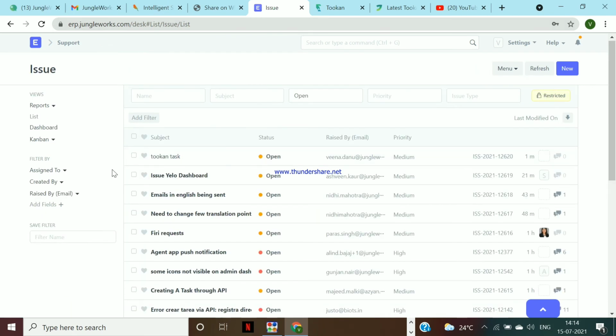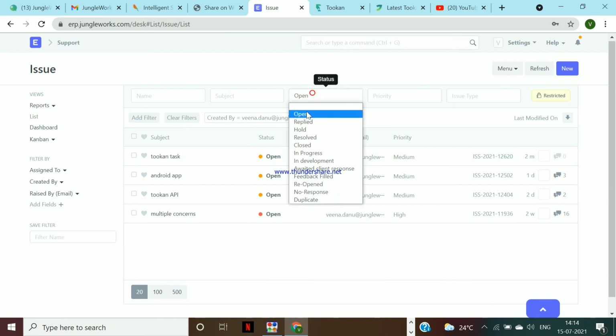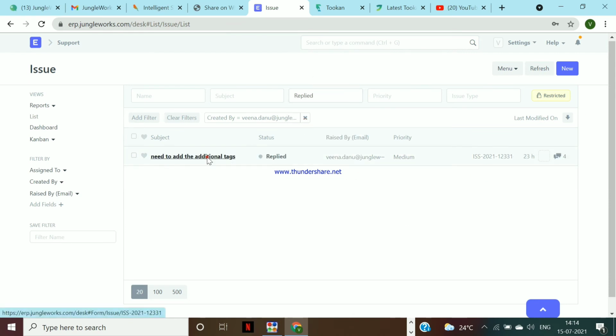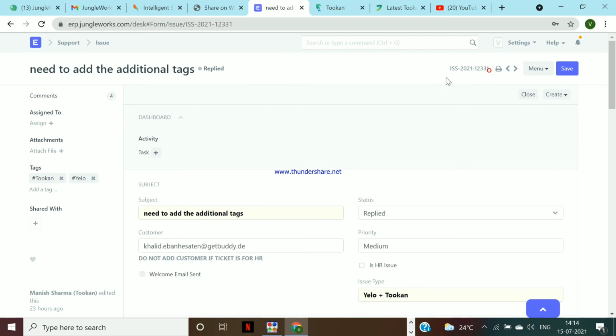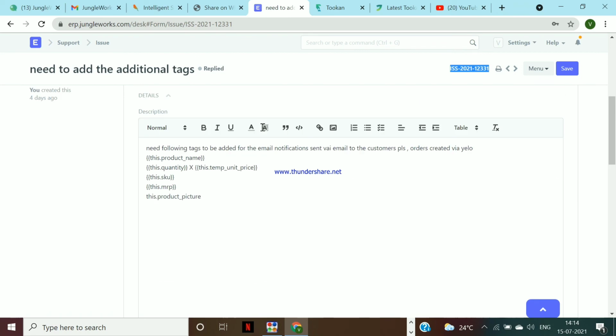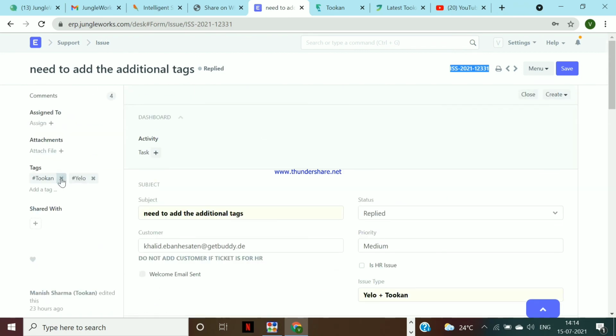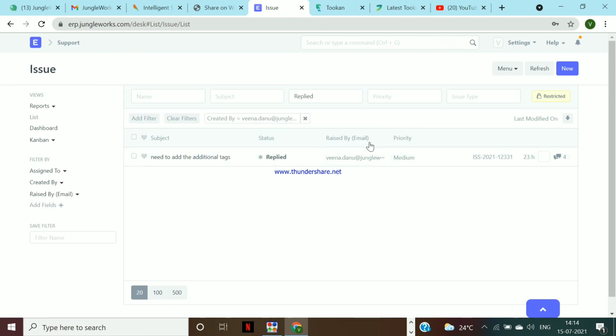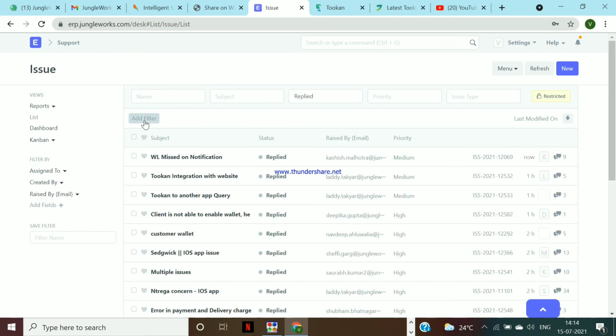Let's take one example of a reply ticket. I'll just check one of the tickets which are in replied stage, and I'll show you how you can search for a particular ticket with this ID. So I'll just copy paste this ID for example, and you need to have a record of the ticket IDs, or else you can just apply the filters whether it is assigned to you, raised by you, and you'll get all the ticket history, how many tickets you have created, in which stages they are. So you can see here the reply ticket which I have got, and similarly you can apply various filters.